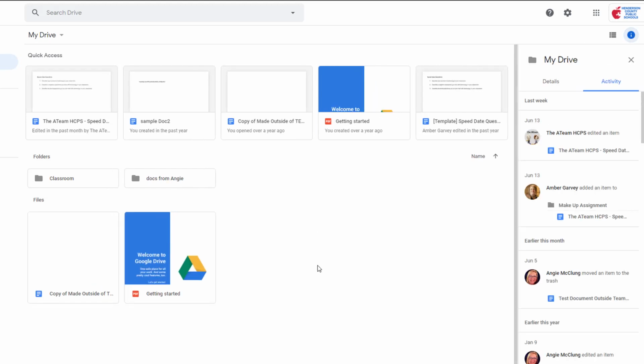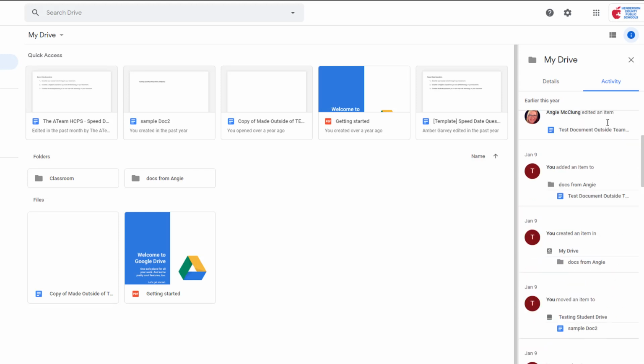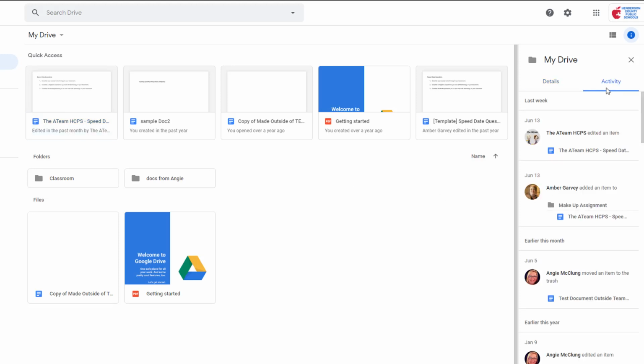Now, if you haven't selected anything, you're just going to see basic information about my drive, and this will tell you the activity that's happened in it lately. And if I click on Details, it's going to tell me I need to select a file in order to do that. So just for fun, I'm going to click on one of my documents so that you can see